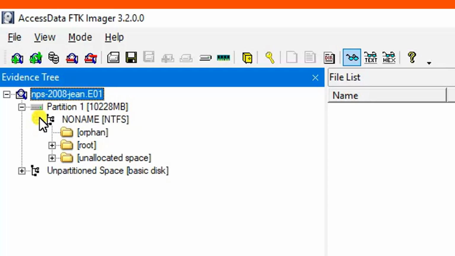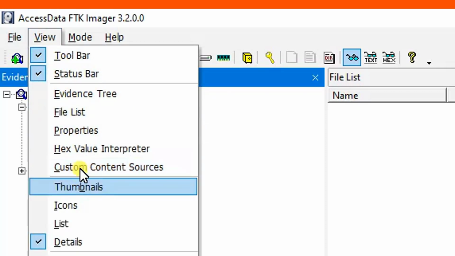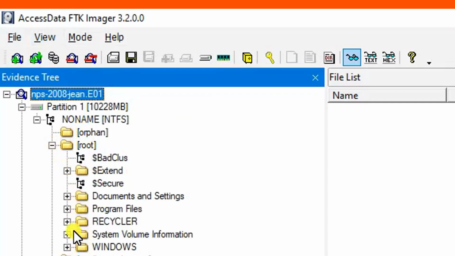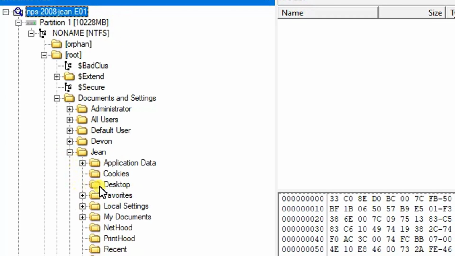Let me click on load first. View, then properties once again. Nothing I can see. Okay, let me click on root, right? Then I go into documents and settings. I click here, right? After that I click on Gene, then I go into desktop.